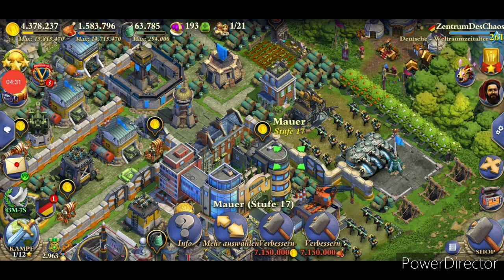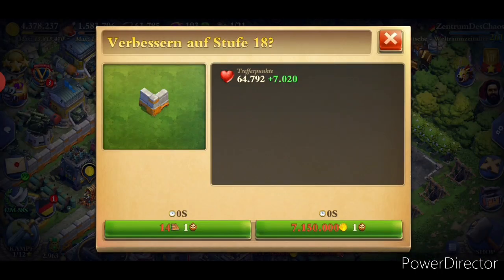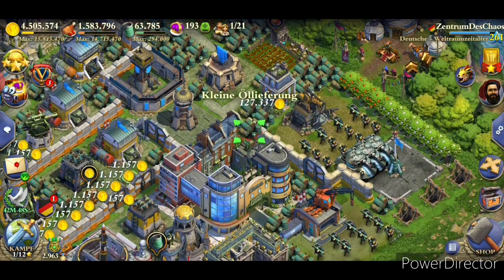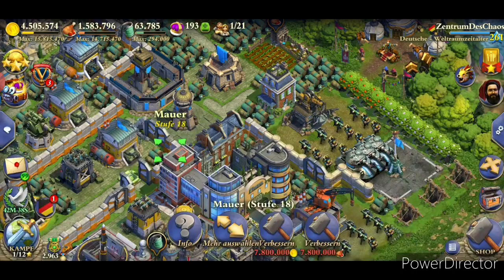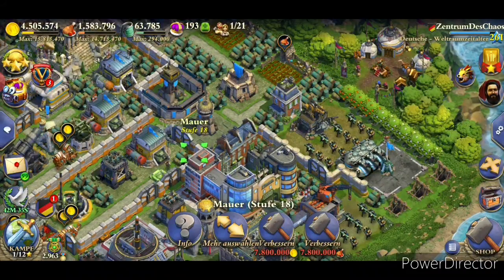About the walls, upgrading our walls already in the past brought us a lot of HP we could gain additionally to our walls. So upgrading from level 17 to 18 brought plus 7000 HP, which is more than 10%, and upgrading from level 18 to 19 additionally brought about 9.5, nearly 10%. So an additional 10% of hit points for all walls by a single upgrade. That was no point during the walls of level